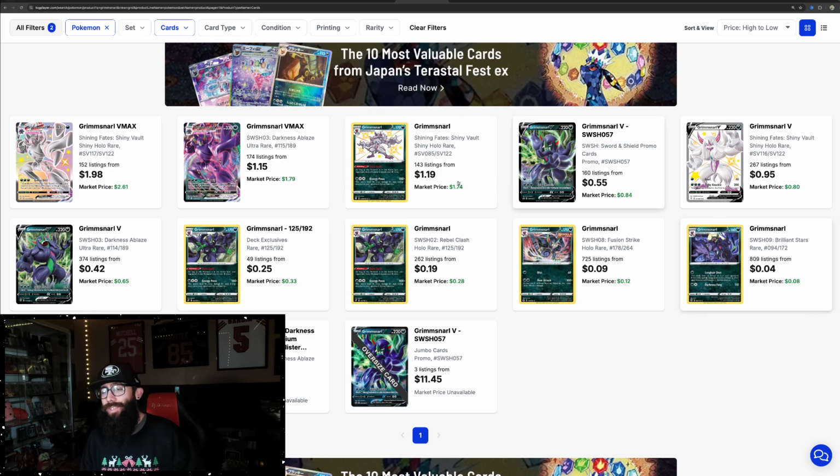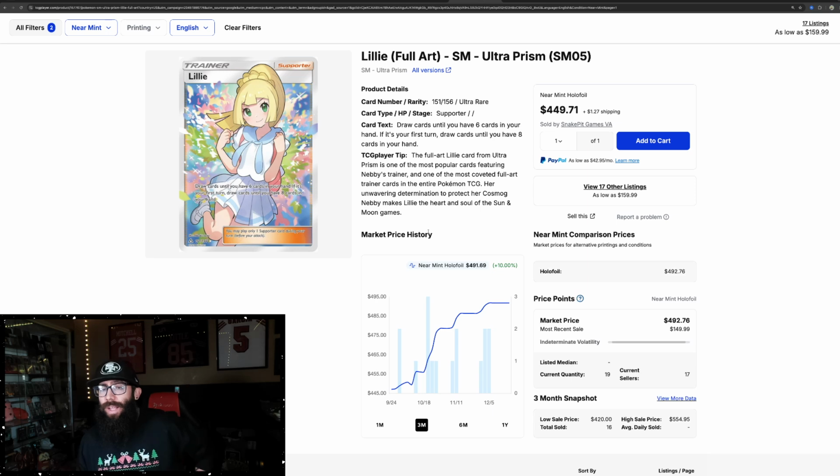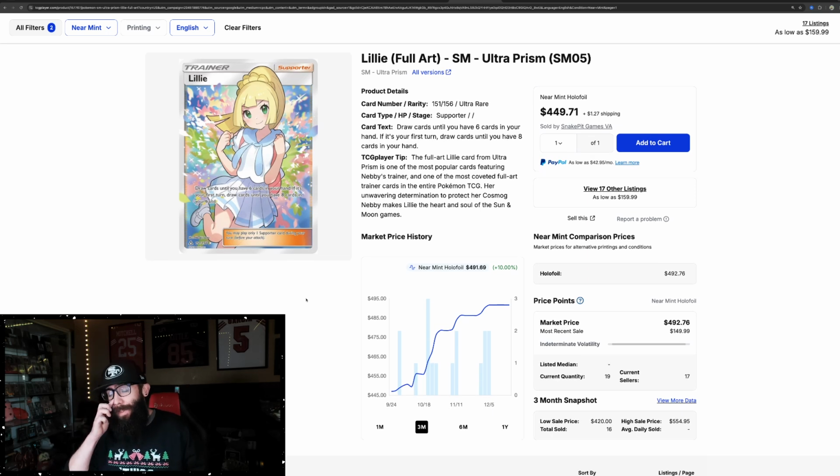I feel like when we're looking, there's nothing here. There's nothing to go off of. So pretty much anything they give us will be better than what we've had. So the Grimmsnarl, Marnie's Grimmsnarl. Yeah, that'll be interesting. Then when it comes to Lily, there's not a lot about Lily card wise that I could really find,